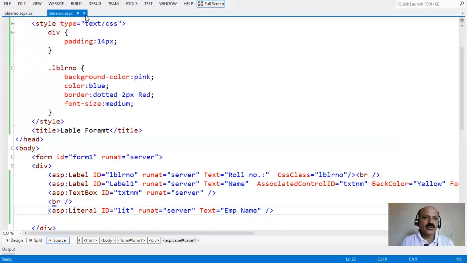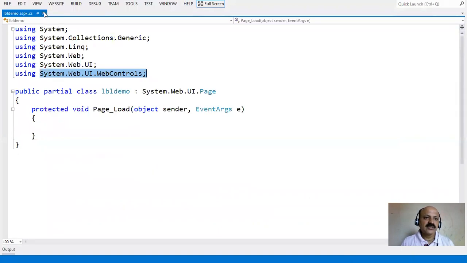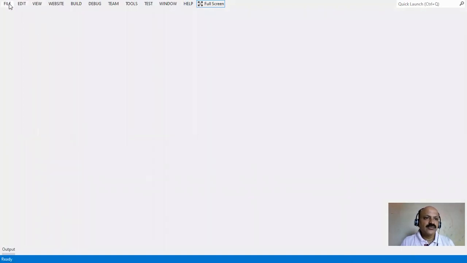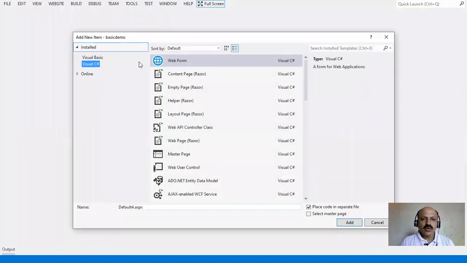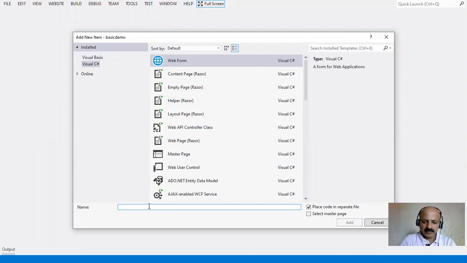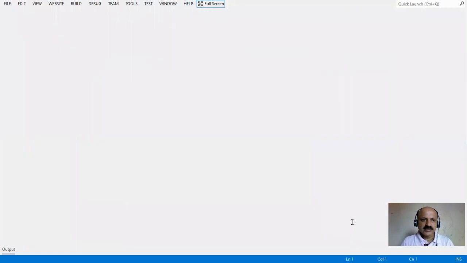Okay, now we have to check the next difference, taking a new file for the literal control. Label control does not hold the mode property, but literal control holds the mode property. So you can assign here lit demo, literal demo, and here just click.